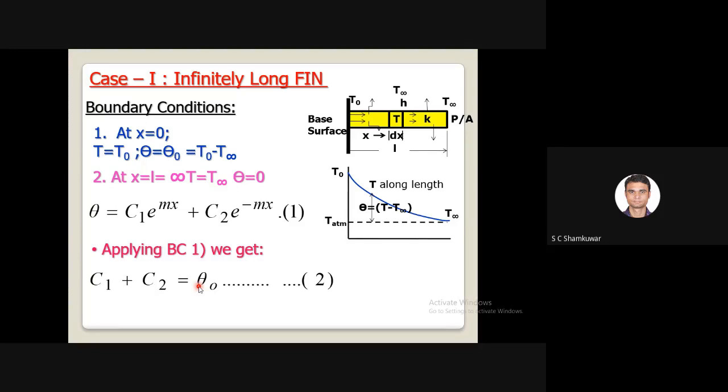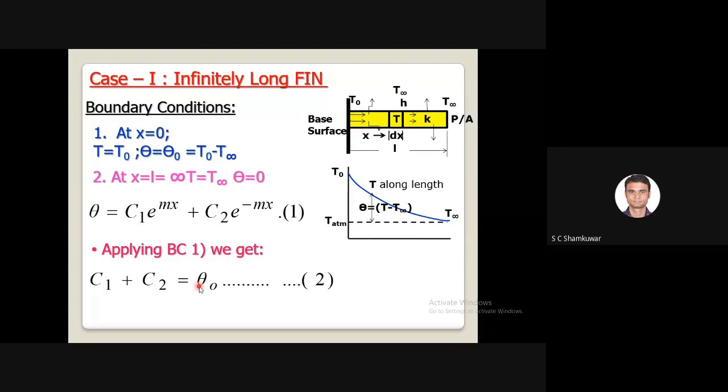Please give me a response. If you give a response, then I will proceed. Otherwise, I will consider you are not getting anything. In this Google Meet, I can see only the screen. I cannot see your names. Then I have to come out of the screen and check your attendance.